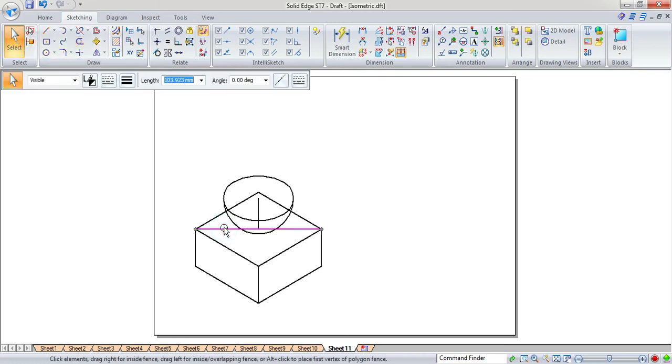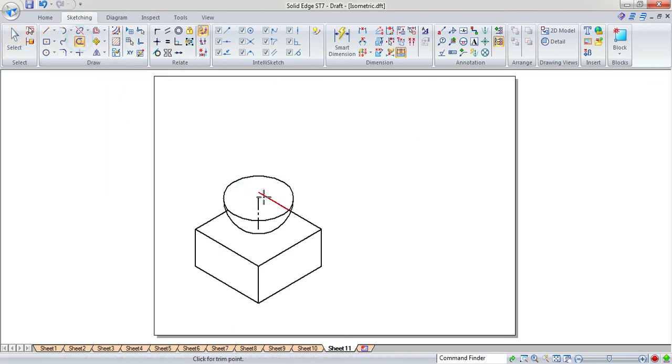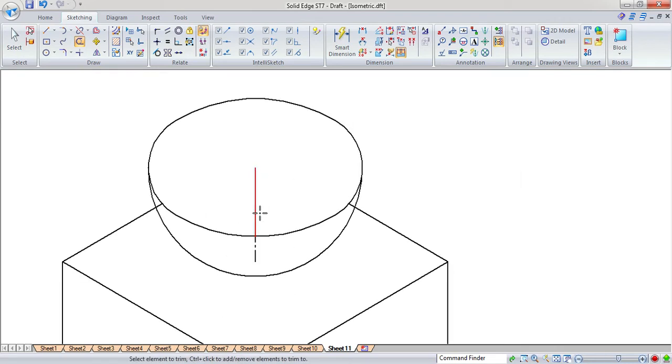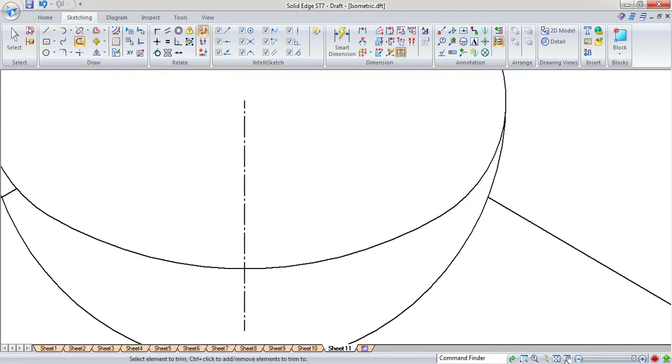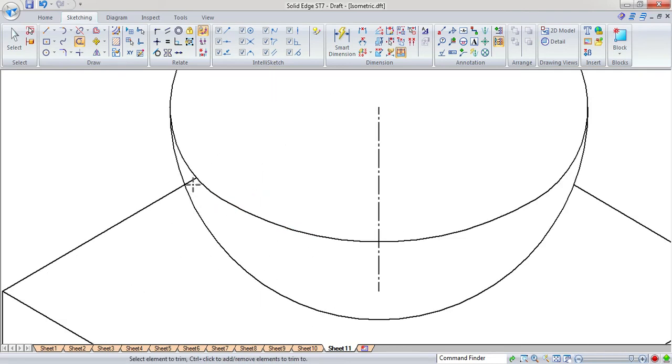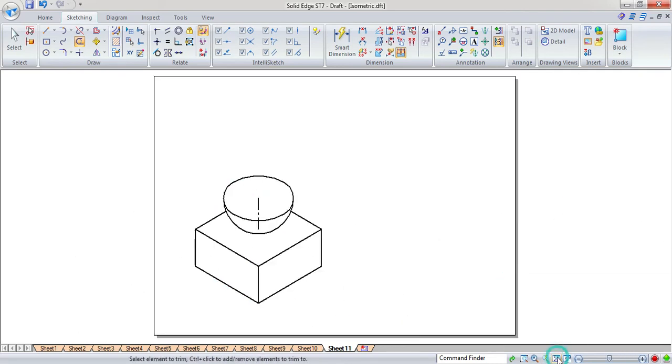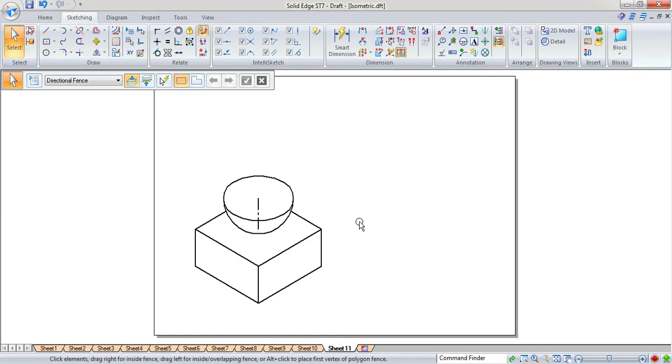This also you can trim out, and you can show this as the axis line. Yes, and some of the lines are not visible, so this is also something you can trim out, and similarly this. And whatever diagram we have drawn here, we have drawn for the actual size, so again we need to convert this to the isometric.